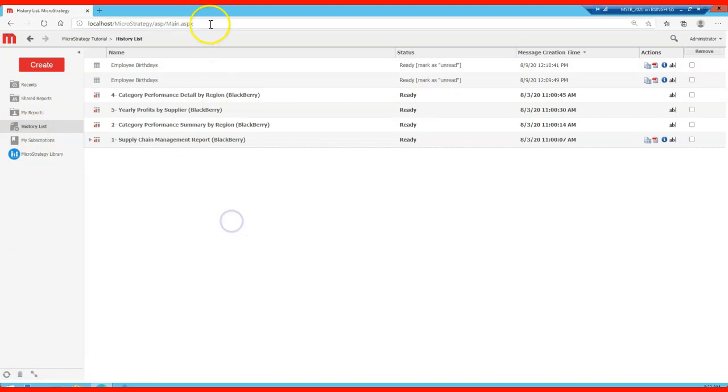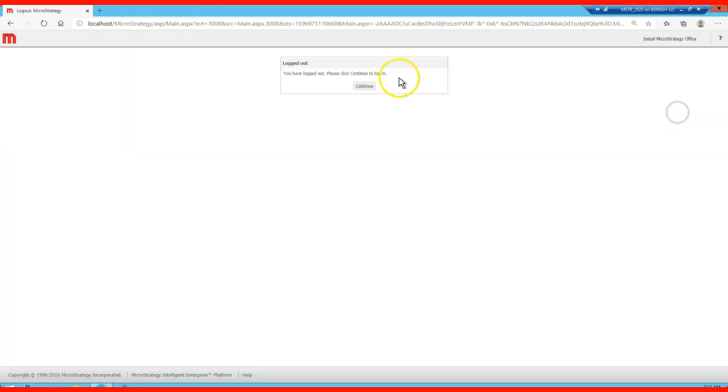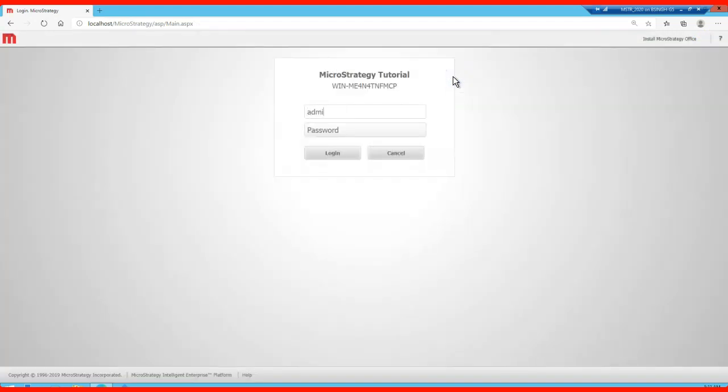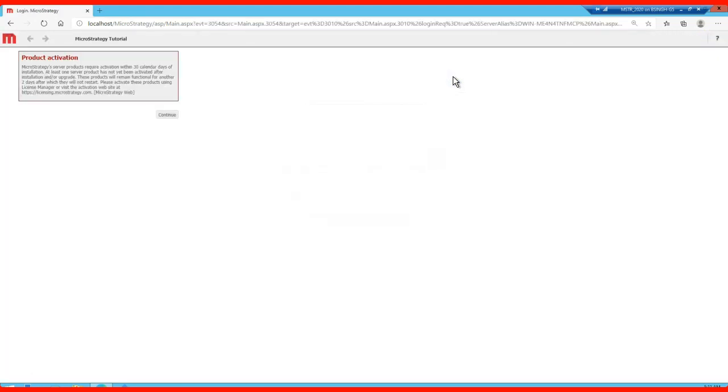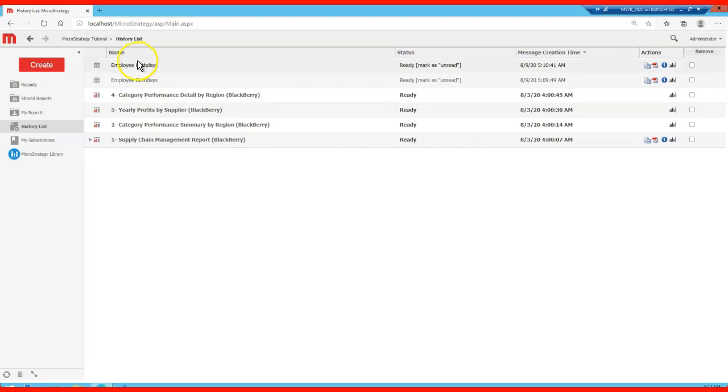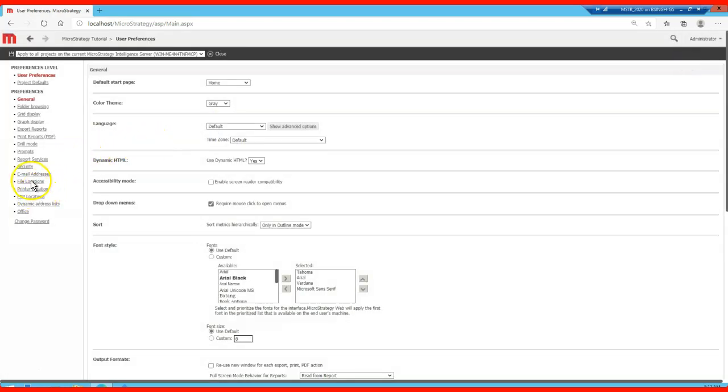We have also configured the preferences so that the history list should not be cleared automatically if I log out from this console. Let's go there, I should see all of them in my history list. All right, let's go back, and here you see, I can see all of them here. But if you want to change it, go there. Where is my history list?